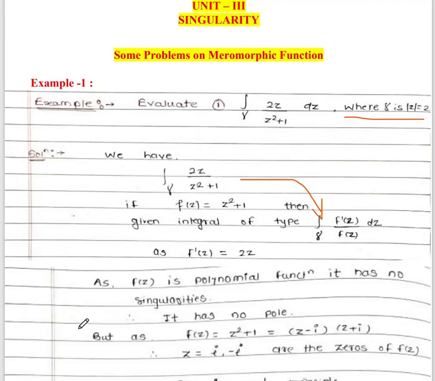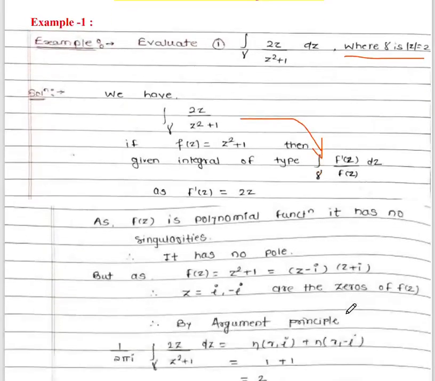Here f of z is a polynomial function, and we know that every polynomial function is an analytic function. So f of z has no singularities, therefore it has no pole. But as f of z equals z square plus 1, this can be written as (z minus i)(z plus i). So z equal to i and minus i are the zeros of the function f of z. Therefore, by using the argument principle,